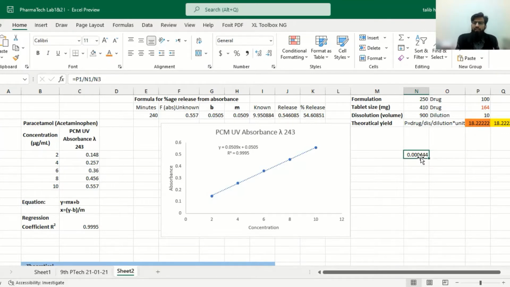If we have a tablet that has some size, for example, it is 250 mg, then it will come back to this type of concentration. Per ml concentration is this one. This concentration is in terms of milligram, when we have prepared a tablet size which is in milligram, and a drug which is taken in milligram.